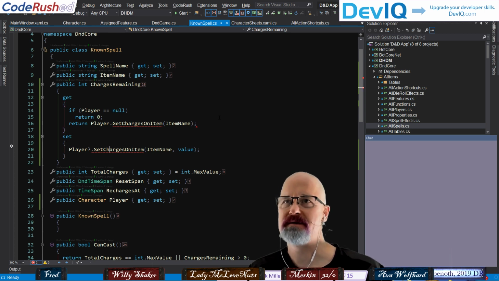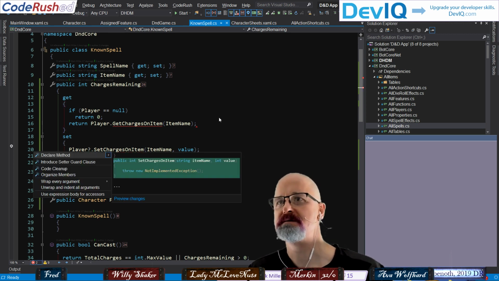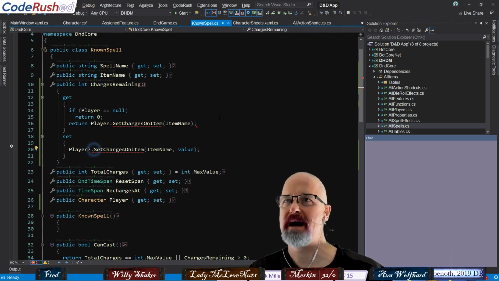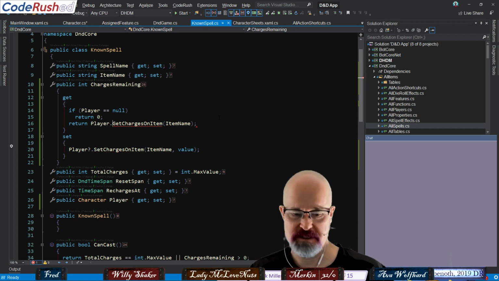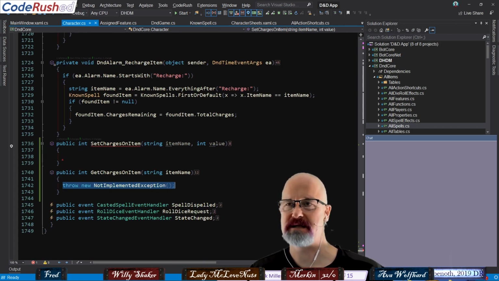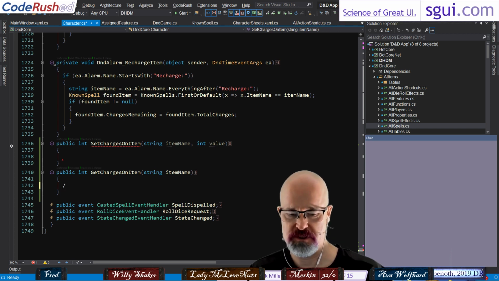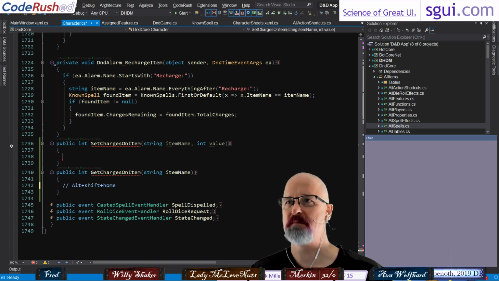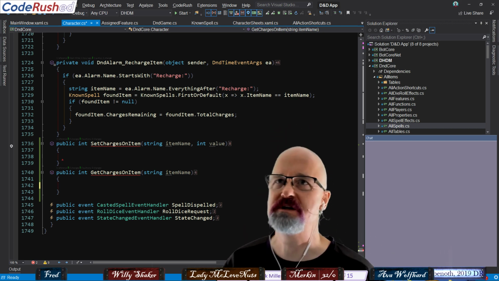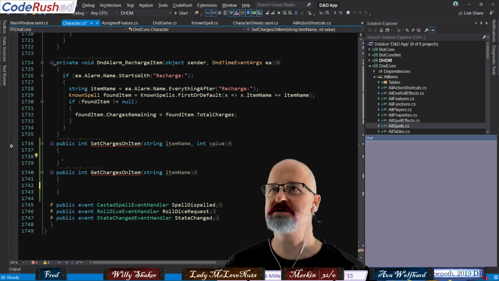Okay. And so now let's come in and declare that method. There's that, and jump back and declare this method. And when I said jump back, what I really did is I typed in Alt-Shift-Home like this. And what that did is it left this marker here when I jump back, instead of Escape. Normally you can do Escape. So it's a CodeRush feature. Okay, so GetCharges on item.